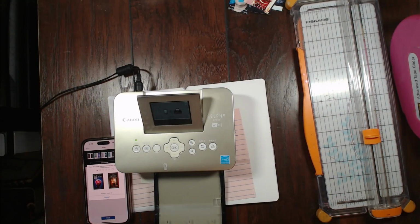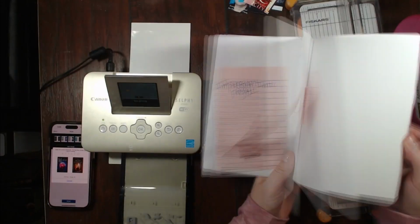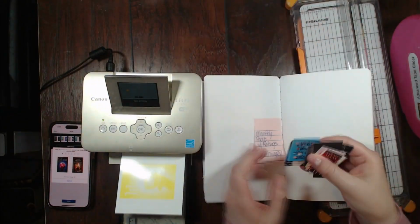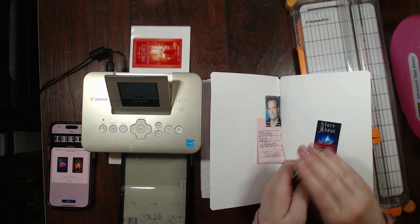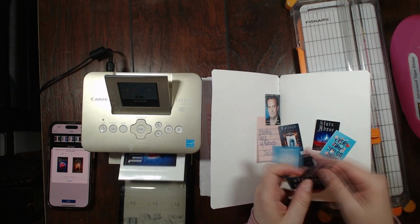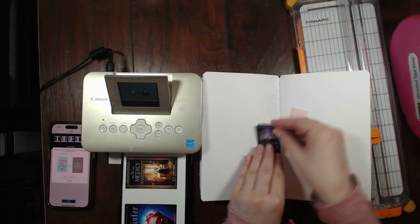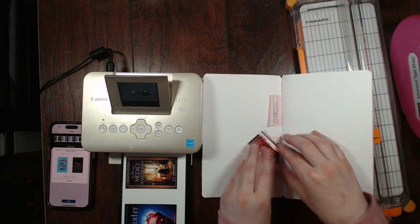I was going to try to just fit this whole year of reading in one traveler's notebook, but I have so many traveler's notebooks. I don't need to worry about that. So now here, what I'm going to do is I started printing off all of, I think there were like 5 or 6 of these 2 picture,